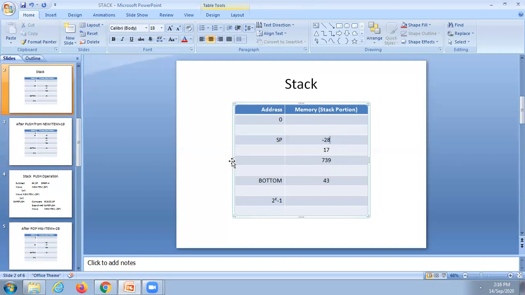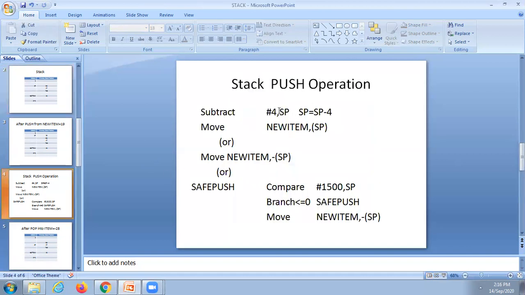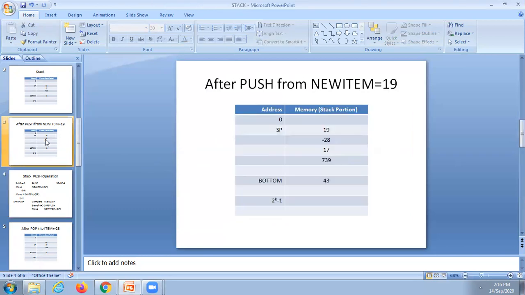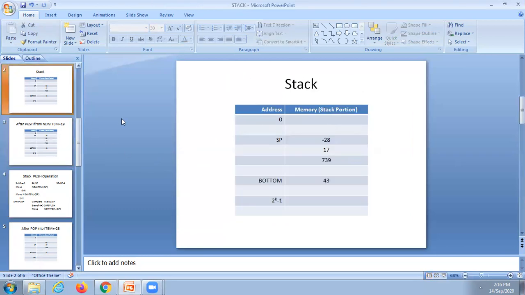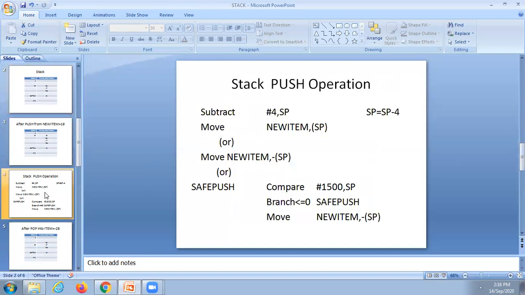So the stack pointer is decremented by 4, because it is already pointing to the top of the stack, which points to -28. Now if I want to move 19 onto the top of the stack, first I have to subtract 4 from SP.